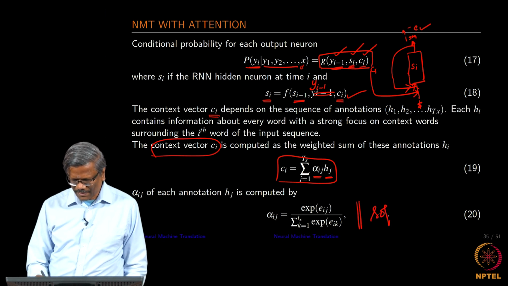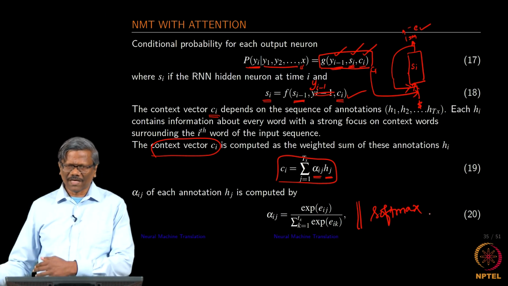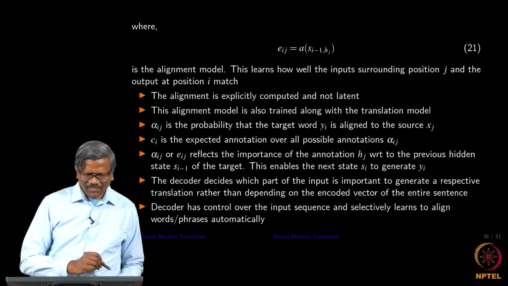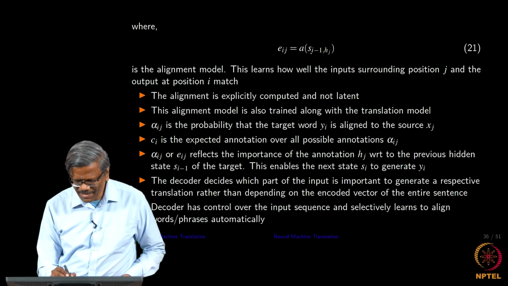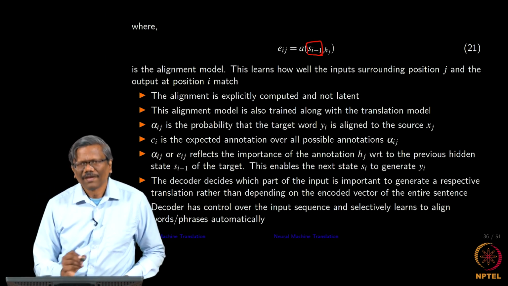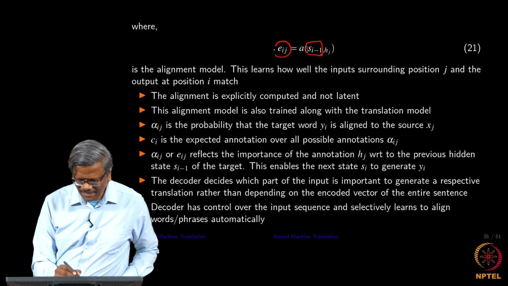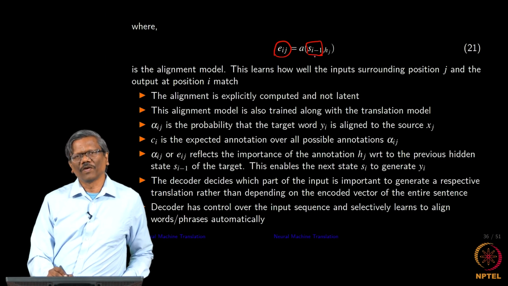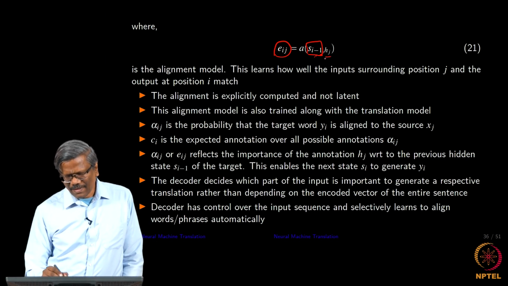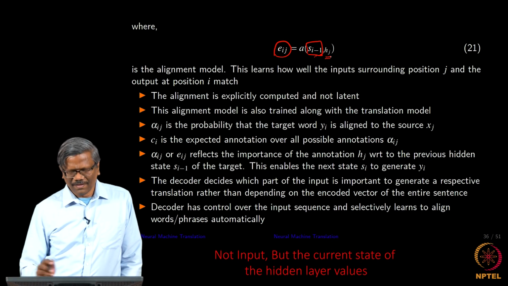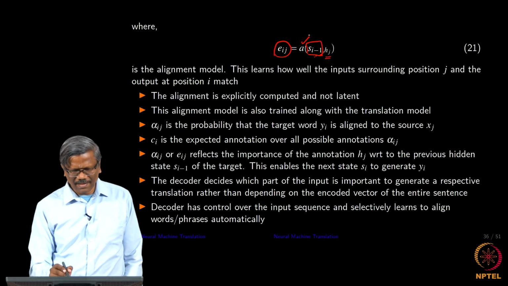So this is a softmax, right? So what is eij? eij is now coming from the decoder. Got it? So this is our decoder hidden value from the previous state, and then we are computing eij using the previous state of the decoder and the current state of the input or the encoder here, right. So this is our alignment model. So this is the alignment model which we are computing.